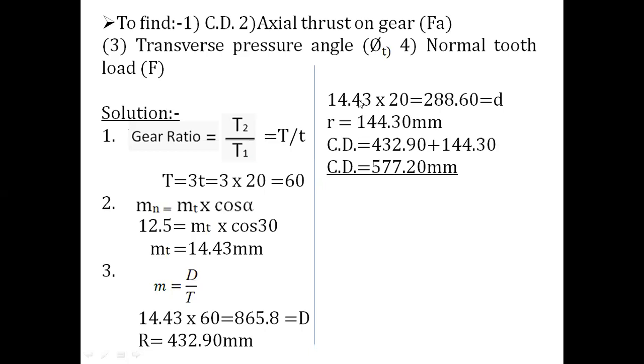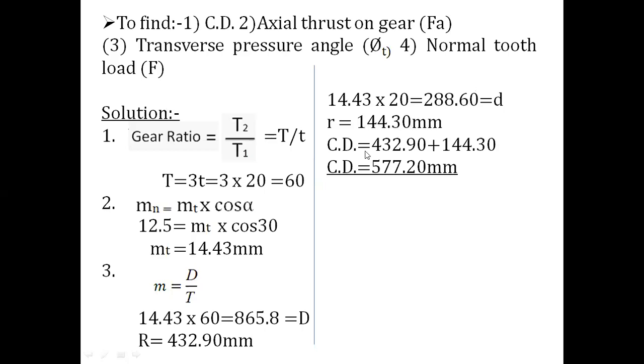Now pitch circle radius for pinion, that again we can find with this formula, Mt is equal to small d by small t. Mt 14.43 we are getting from this formula, 14.43 into number of teeth on pinion, which is 20. Multiplication of this we are getting 288.60, that is the pitch circle diameter for helical pinion. From this we can find pitch circle radius for helical pinion is equal to half of 288.60, which is